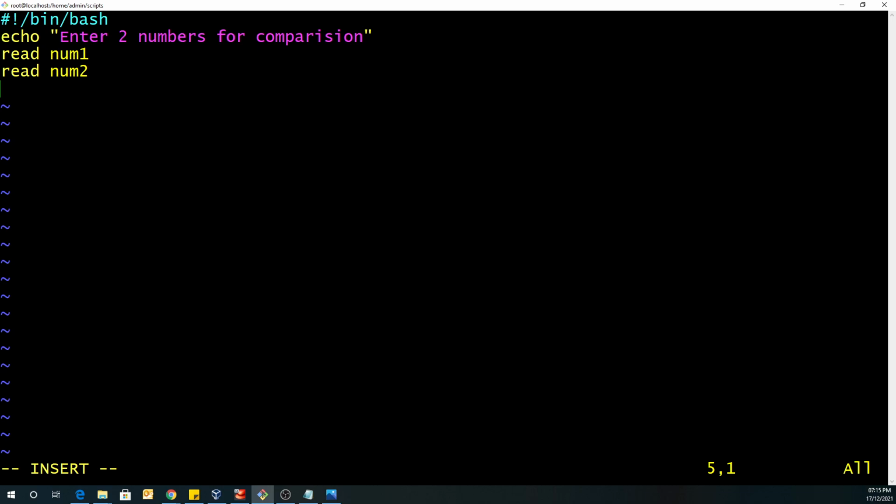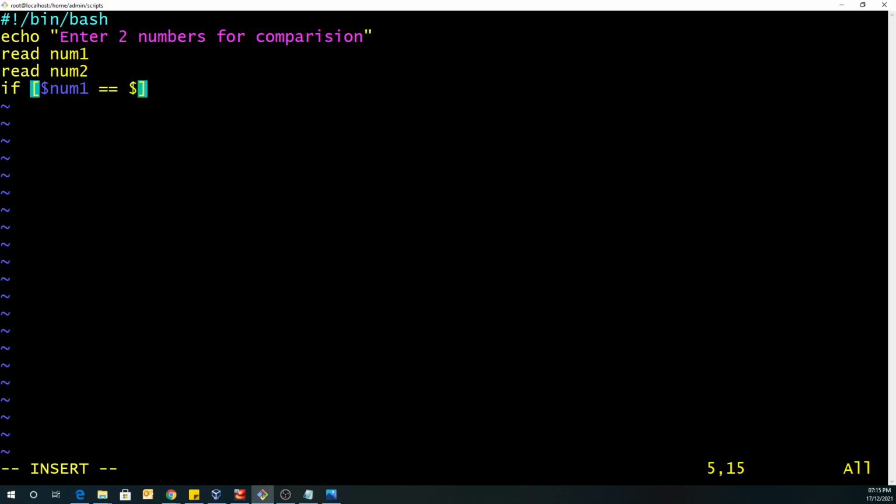Now we are going to write our if statement. So let's start writing it. If, as I said, space, bracket. Over here I am going to use our num1 value that we have got as input. We are going to use the compare operator equal to.